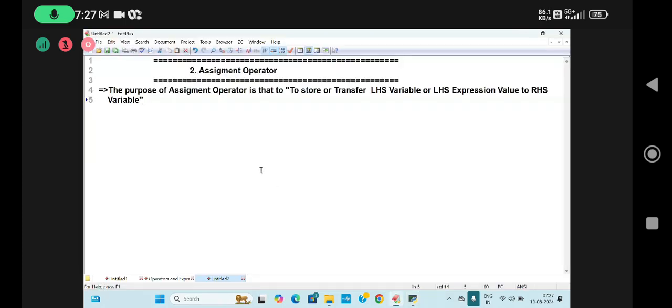So the overall conclusion is transferring the LHS variable or LHS expression value to the RHS thing. Now if I go to the syntax,